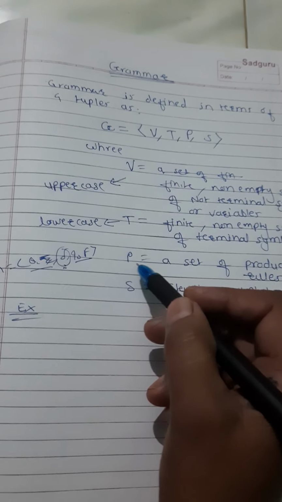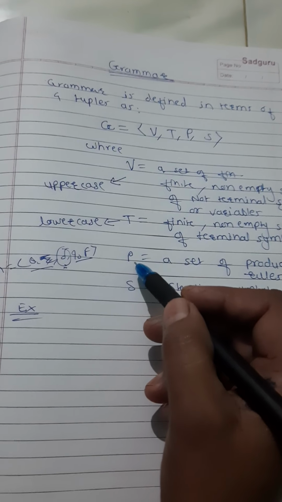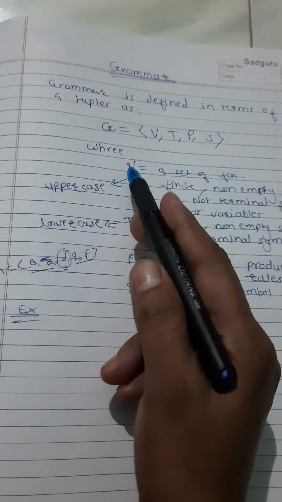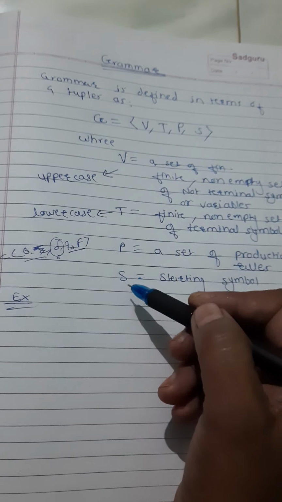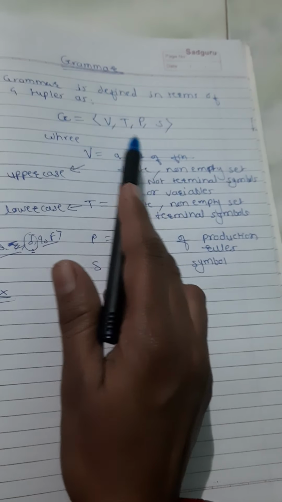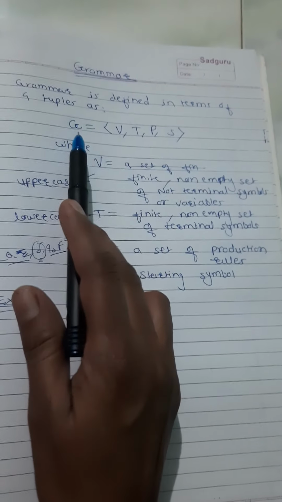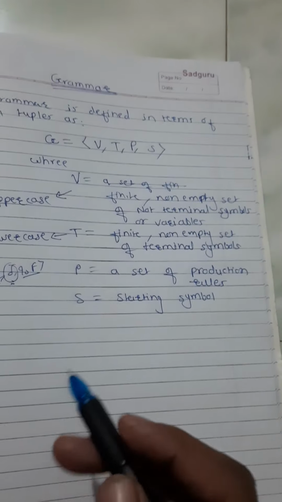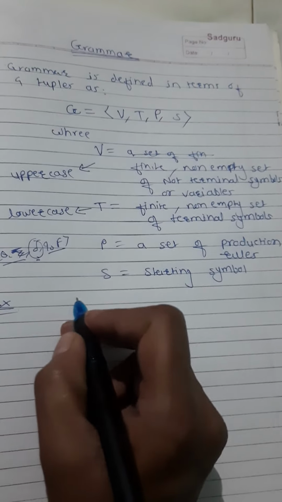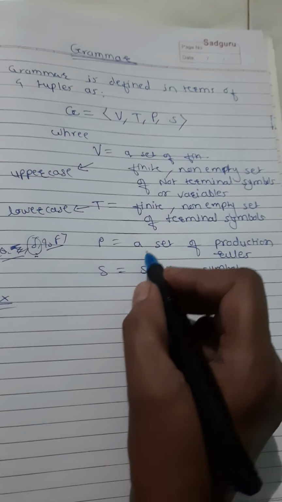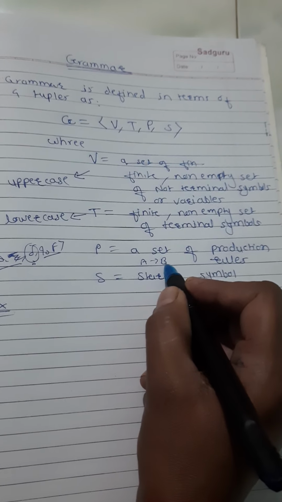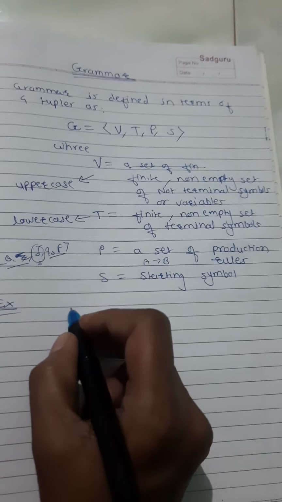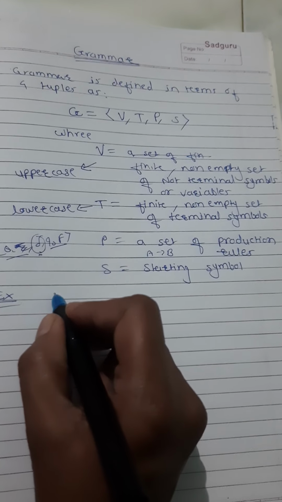Similarly, if we have the set P of the production rules, then from this one we can easily define how many non-terminals are there, which are the terminal symbols and which is the starting symbol. So here four tuples together define the grammar, G equals (V, T, P, S). Let's see one example. Now a production rule has this form: A gives B, if A, then B.